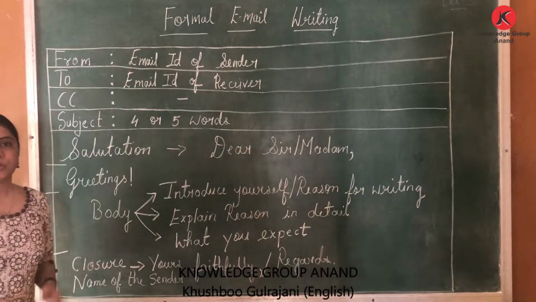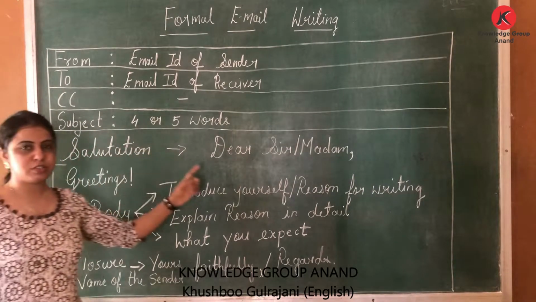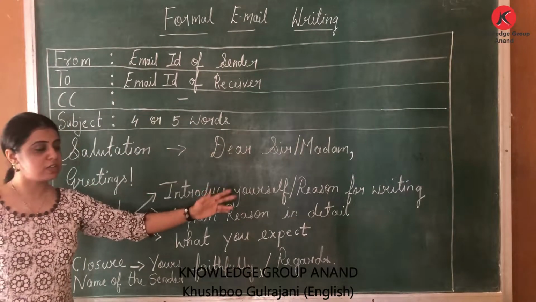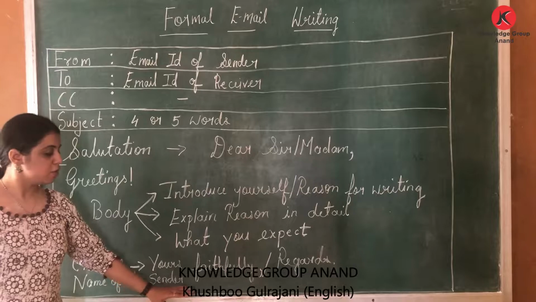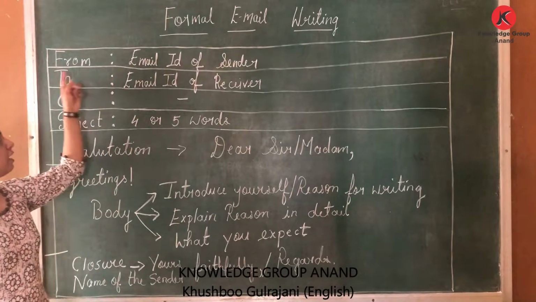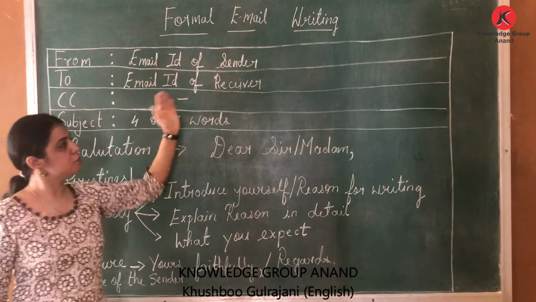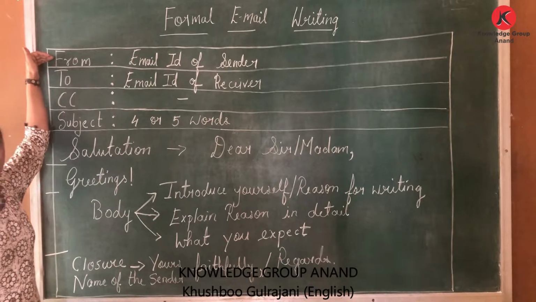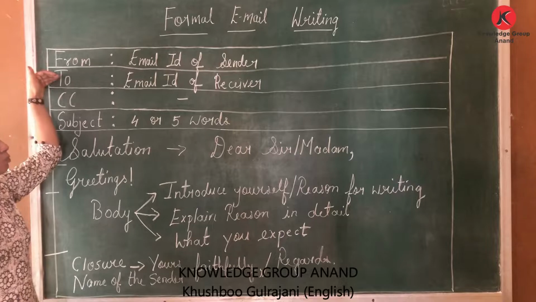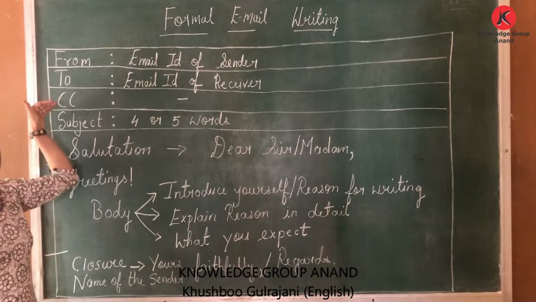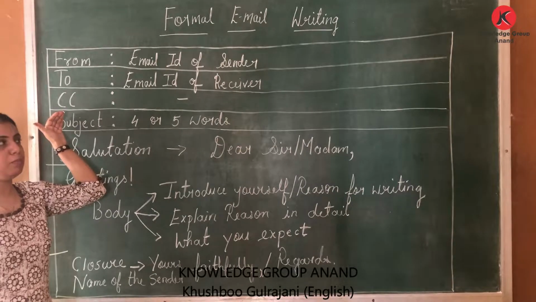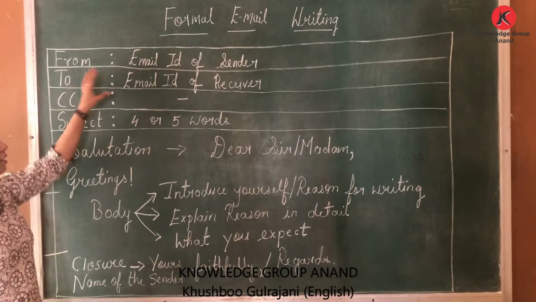The same rules that we are going to follow, we are going to make a box as you can see. I also want you to draw three sides of your box and keep the bottom line for the last. And then we have to make three lines in between because we have to mention who is writing the email, to whom the email is being written, CC and subject. This goes similar to that of the informal email. The minor changes would be like this.